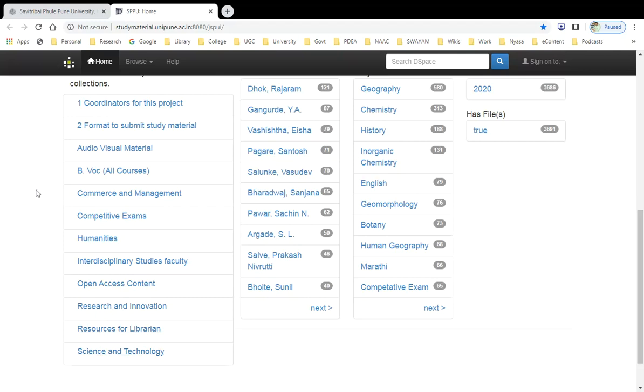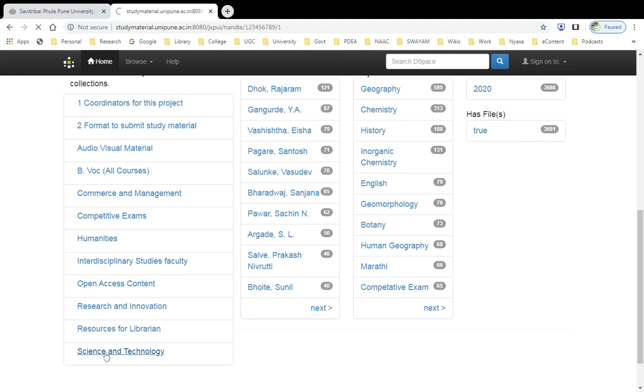These are the top communities identified by the university. These communities automatically get arranged alphabetically: A, B, audiovisual, B, Hook, commerce. So it is easy to search. For humanities, you can go here. For science and technology, you can go here.